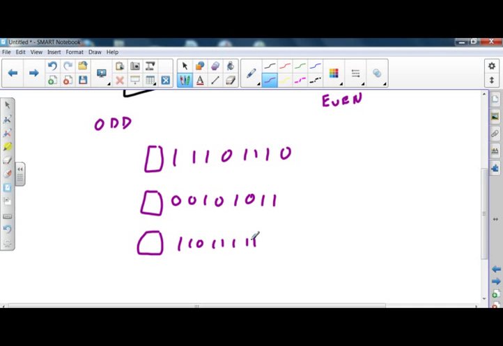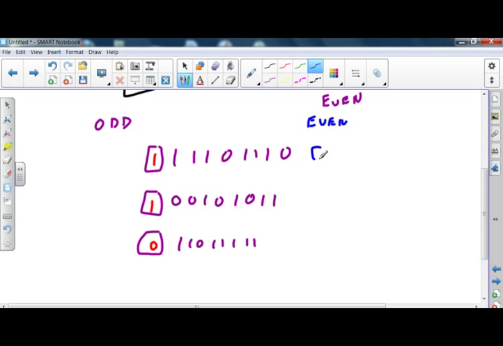Okay. So what I'm going to do is add up the bits, and they're going to come to an odd number. 1, 2, 3, 4, 5, 6. Parity bit 1. 1, 2, 3, 4. Parity bit 1. 1, 2, 3, 4, 5, 6, 7, parity bit 0. That's what I'm going to do if I'm going to do even parity,